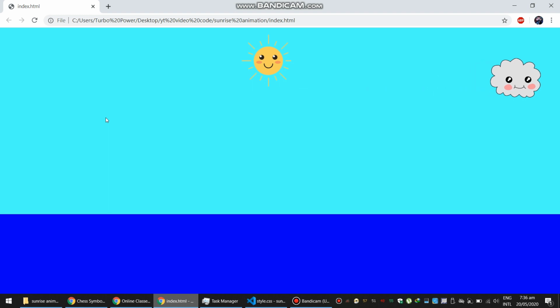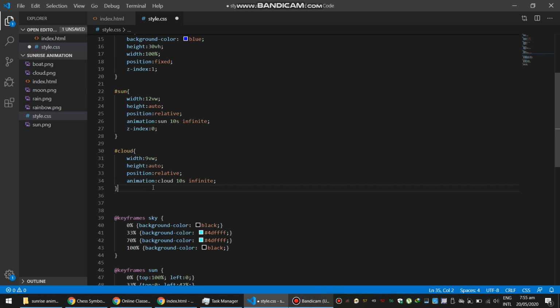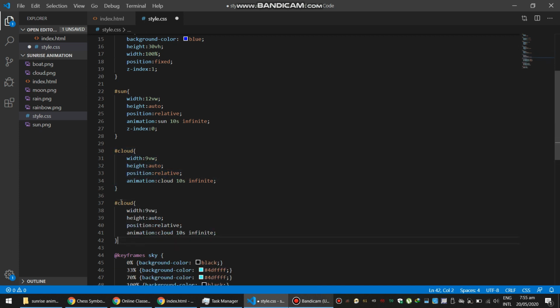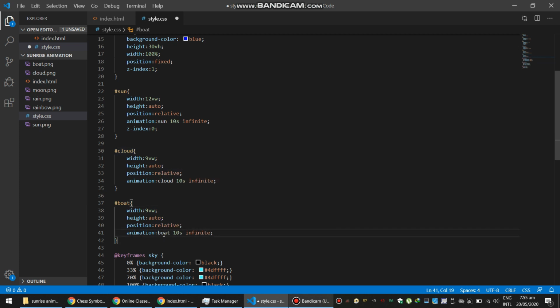Now let's have a boat floating in sea. Giving it position top so as to lie in mid of the sea.